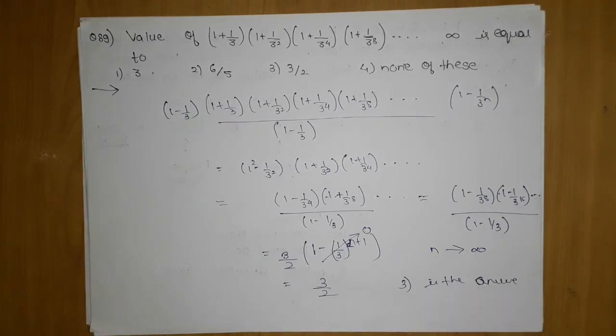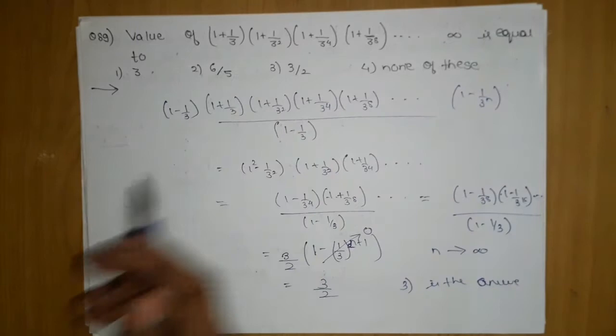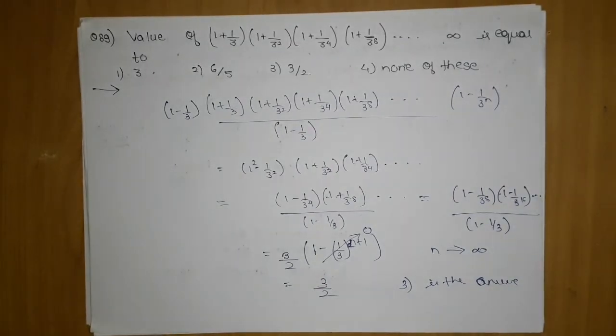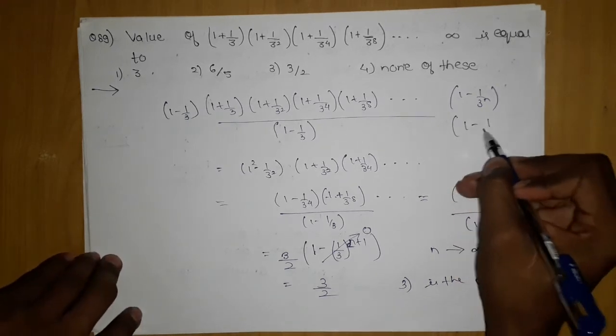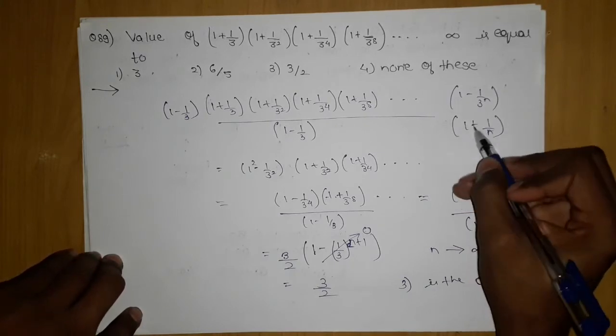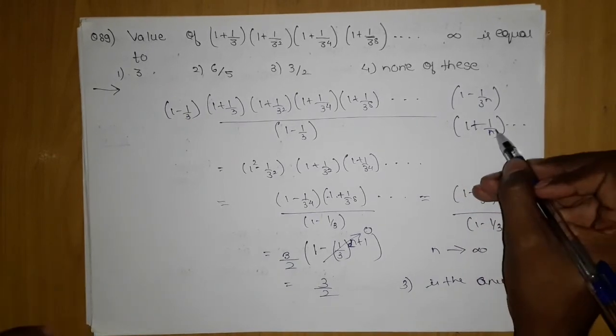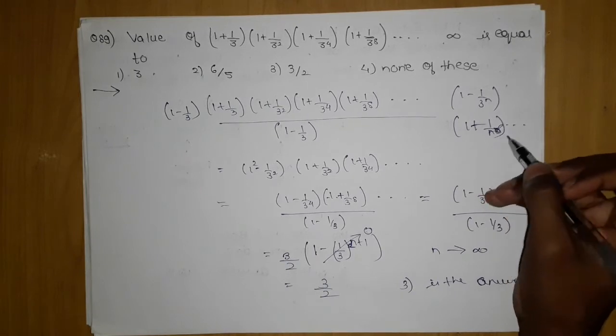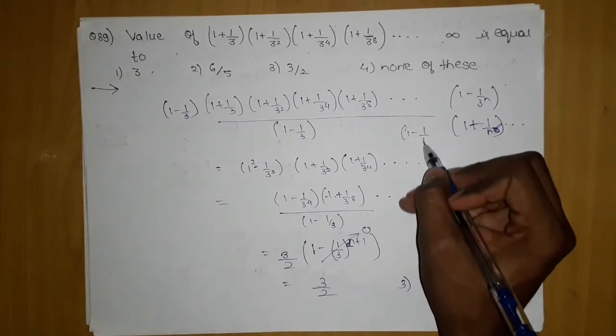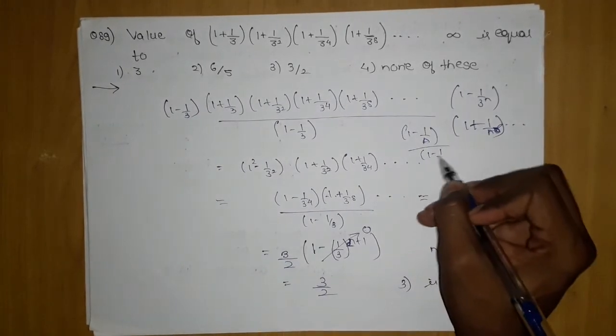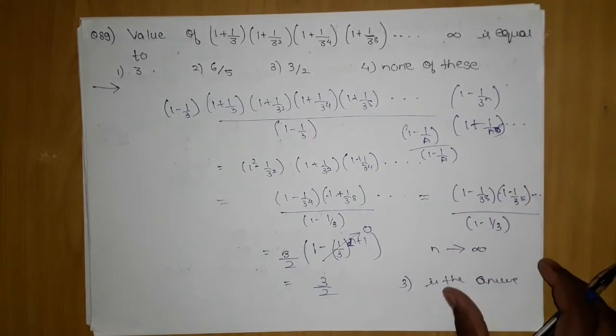I am again telling, whenever you see such a series, 1 + 1/3, 1 + 1/3², 1 + 1/3⁴, just directly divide and multiply by 1 − 1/3. Something like 1 − 1/a, if a series like this is given with common ratio r, just multiply and divide by 1 − 1/a, and your job will be done. So now let's move on to question number 90.